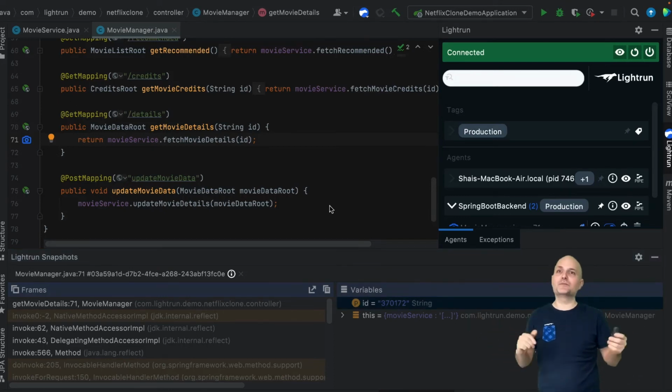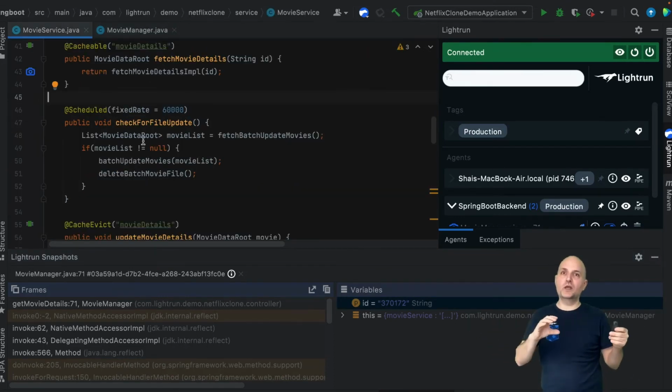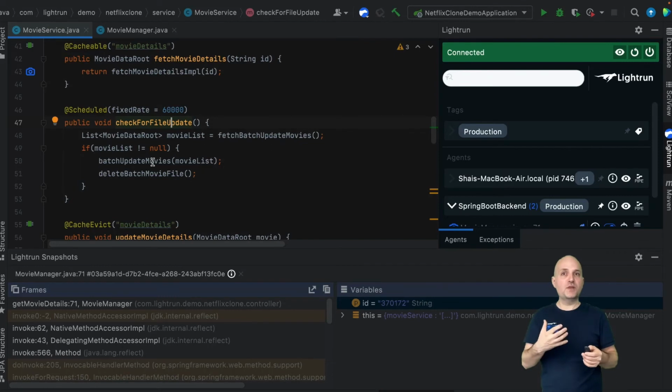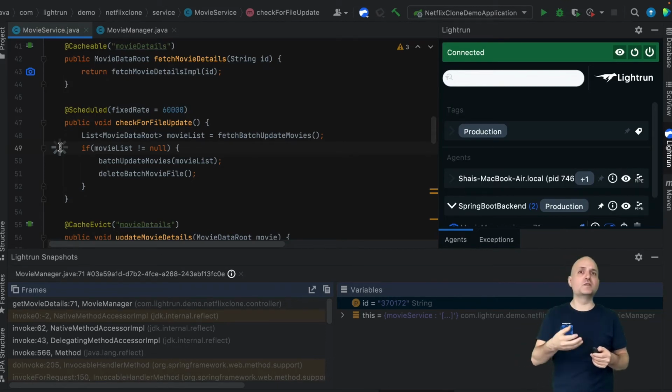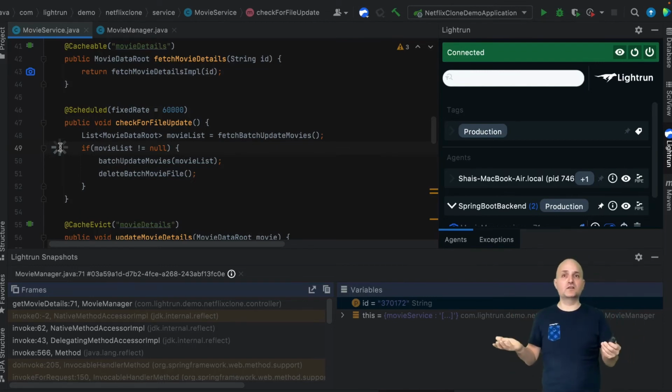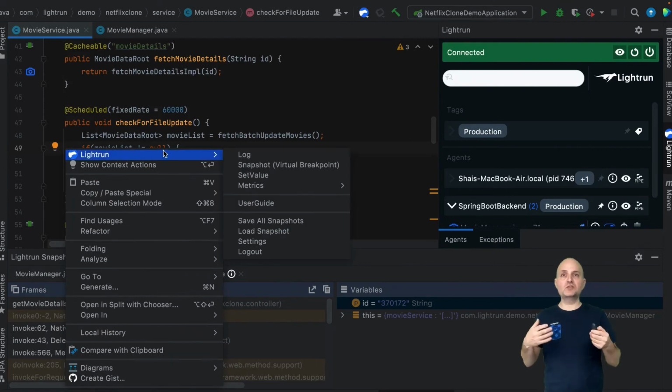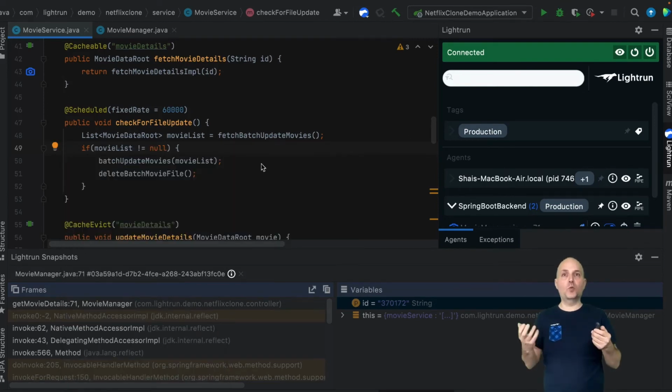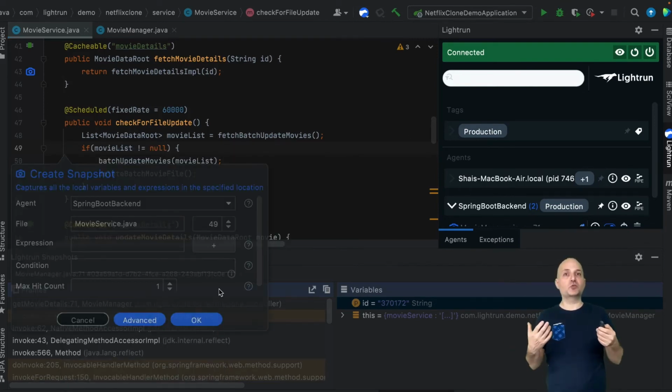Well, yes, we can. The place where the cache might be corrupted is here, in check for file updates. This method runs periodically every 60 seconds and checks the file system for an import file. This is how we add new movies into the system. We place a file with data and it imports it into the database. It might break existing movies. So let's create a snapshot here, and while we wait for a minute for the snapshot to hit,